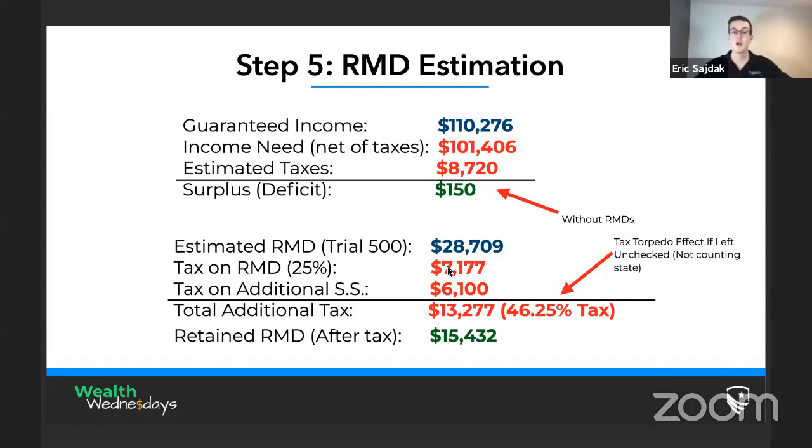Basically what happens, that RMD is going to push more of their Social Security benefit into becoming taxable. So essentially they're double taxed in a way. And we'll go through what that tax trap is in a second. But it's going to cause 85% of this distribution amount of their Social Security benefit to become taxable. And it'll become taxable again at 25%. So they're double taxed. They're going to owe $6,100 in additional taxes on Social Security,